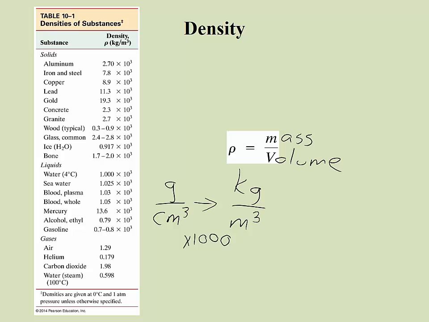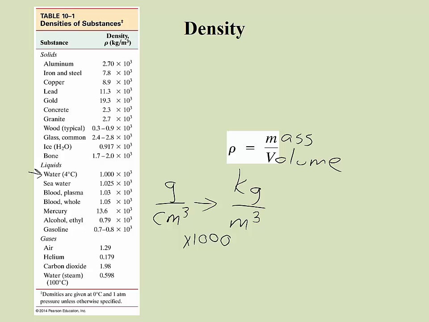If we take a look at this chart here of the density of some common substances that we're going to be talking about, first if we take a look at water. Water at 4 degrees Celsius is listed here as 1.000 times 10 to the third kilograms per cubic meter. We often think about it as just being 1 gram per cubic centimeter. Now, the reason why it says at 4 degrees Celsius is because remember that water has its own special properties with the shape of the atom, so that when the temperature gets below 4 degrees, it actually expands and the